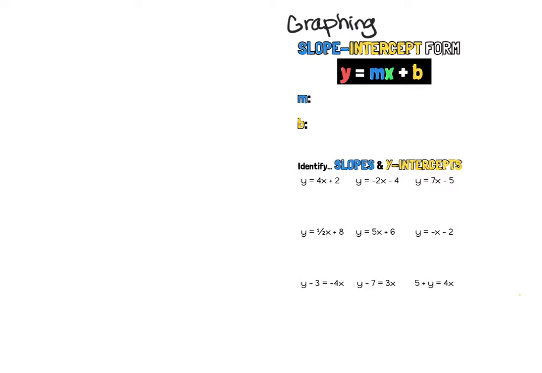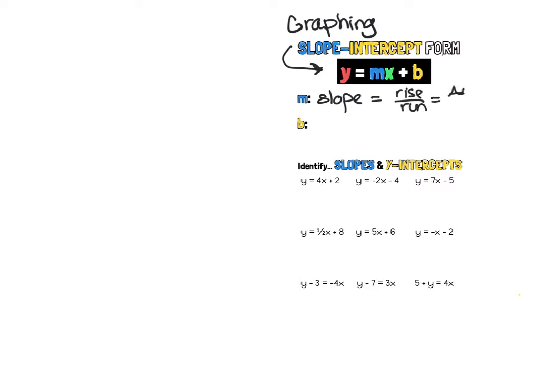So back in lesson 1 and in the previous unit, we used an input-output table to figure out how to graph an equation. But in this lesson, we're going to learn how to graph without that. So we call this form of y equals mx plus b, we call this form slope-intercept form. So that's what slope-intercept form is. It's y equals mx plus b, where m is our slope. In other words, our rate of change, rise over run,